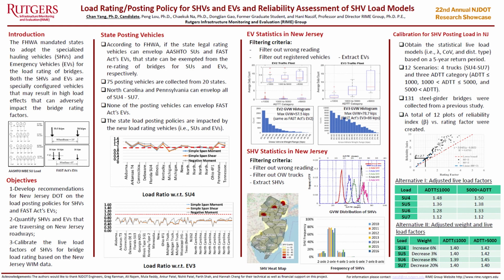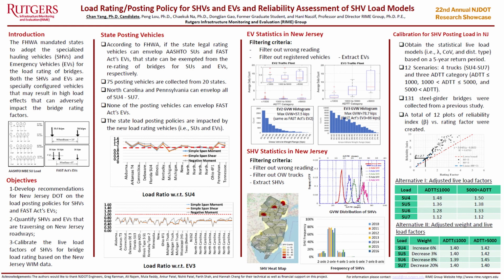EDTT categories. 131 steel girder bridges were collected from the previous study, and for all of those bridges, the reliability index beta and the rating factors were calculated, and a total of 12 plots of the reliability index versus rating factor were created, and one of the plots is shown below. The purpose of the calibration is to make the rating factor equal to 1 when the reliability index equals 2.5. Based on such methodology, the team proposed alternative 1, which is to adjust the live load factors,